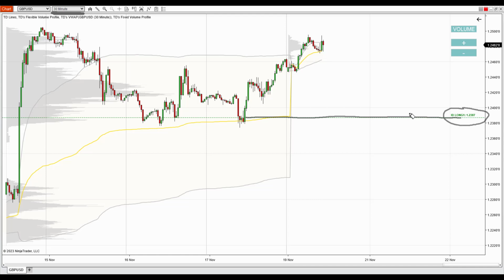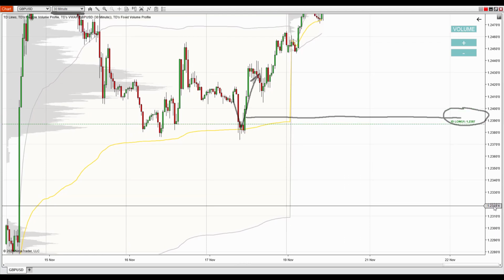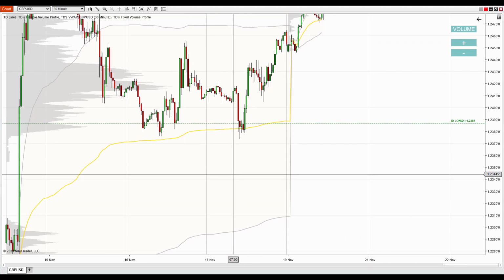It is at 1.2387, and it is based on a volume profile setup, which is called the rejection setup. With this setup, you look for places where the price went aggressively one way and then turned and went aggressively the other way. What you need to see within this rejection zone is a significant volume zone, a significant volume bump,